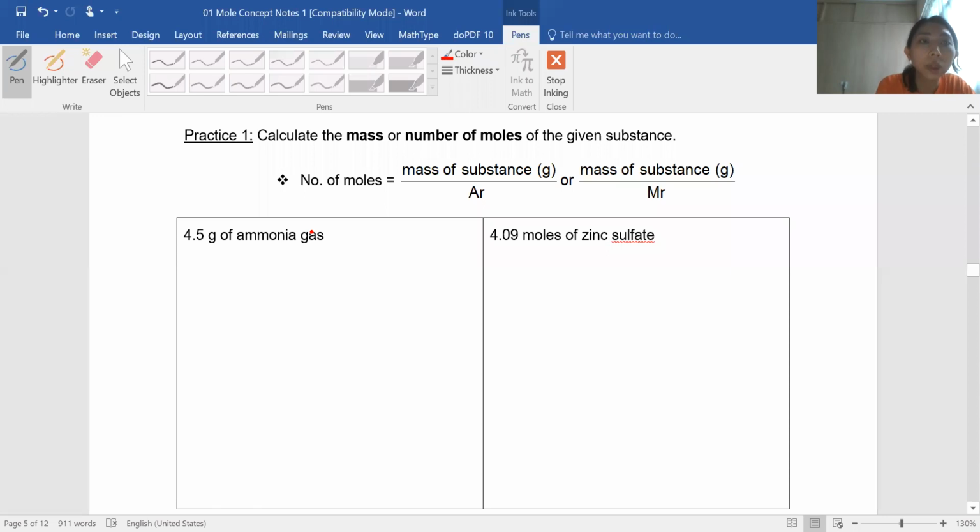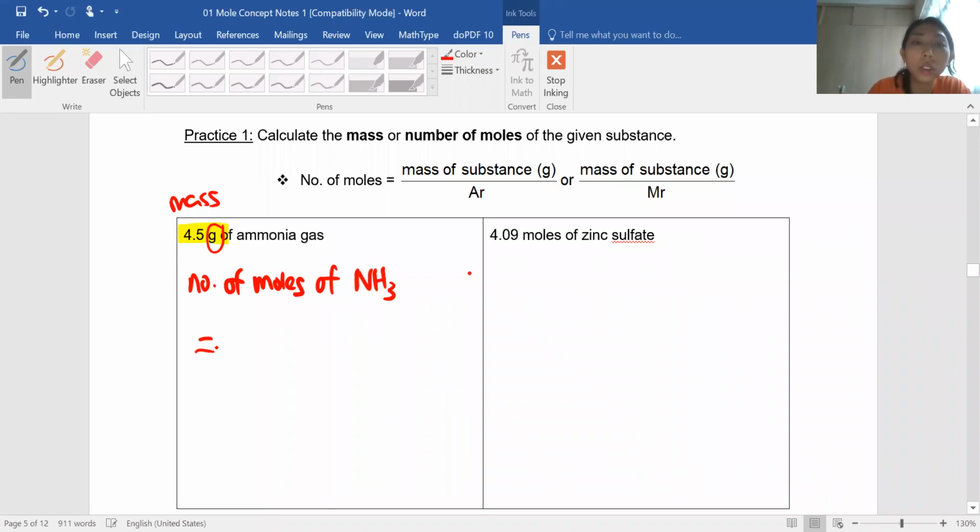In the first question, we have 4.5 grams of ammonia gas. We see the unit gram, which means that this is a mass. So we are given the mass by the question, which means that we need to find the number of moles. Let's write down the statement. In mole concept, it's important to write the statement. You may be penalized if this statement is not written. Number of moles of the ammonia gas, formula is NH3, is equal to,